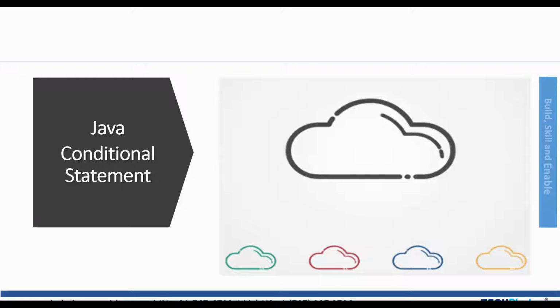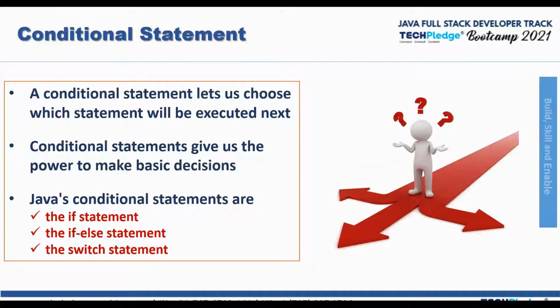Suppose right now it is very hot, so I will say if it is above this temperature, I'll go and eat an ice cream. If it is not, then I will not eat it. So we are giving a condition, and if this condition is fulfilled, then I will eat an ice cream. If it is not, then I will not do it. Now let's go into something a bit more serious than eating an ice cream.